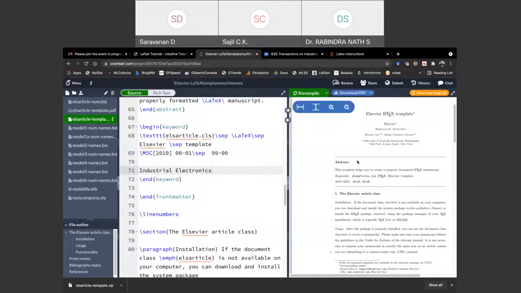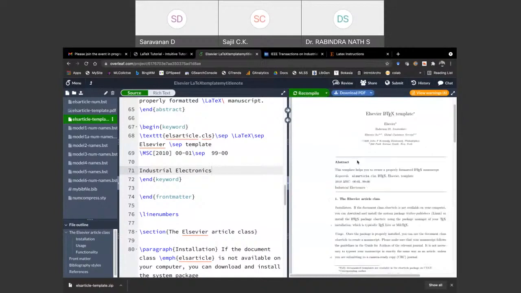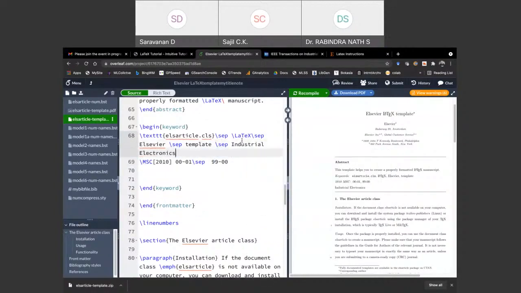Let's see, it should get updated. See, it appeared here. The separator is to separate each keyword from the others. Once you figure that out, it will be much easier.